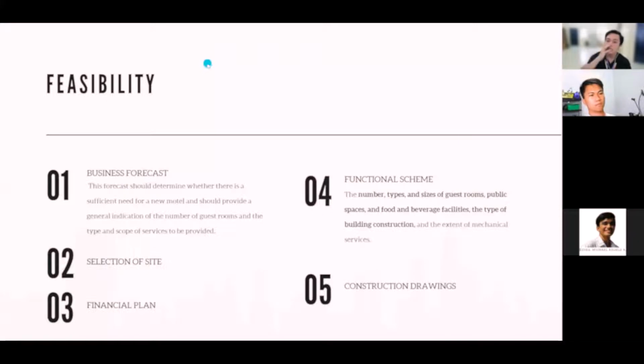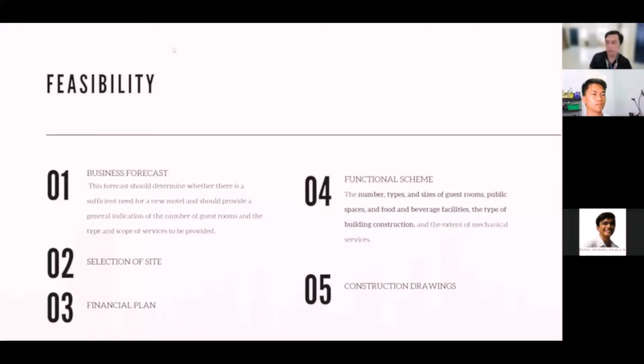4, functional scheme. So these are the number, types, and sizes of guest rooms, public spaces, and food and beverage facilities, the type of building construction, and the extent of mechanical services. So very detailed na dito na papasok yung programming nyo basing from the feasibility studies that you have conducted at first hand. So dito madedetermine nyo na kung gaano kadaming sizes ng guest rooms, gaano kadaming public spaces ang need, ano ang mga services na ipoprovide mo specifically